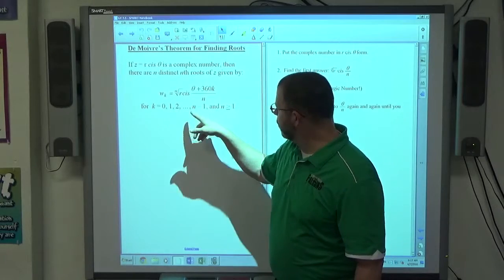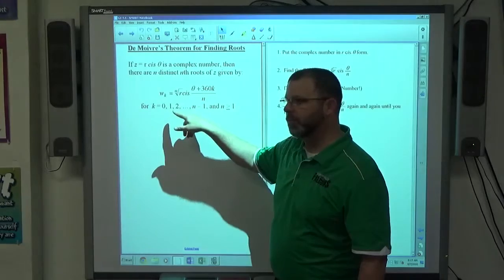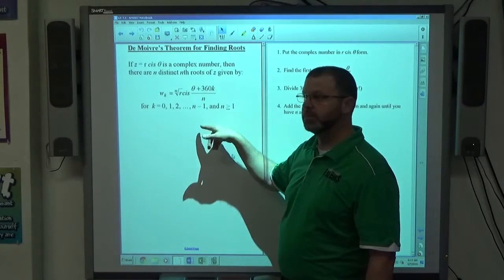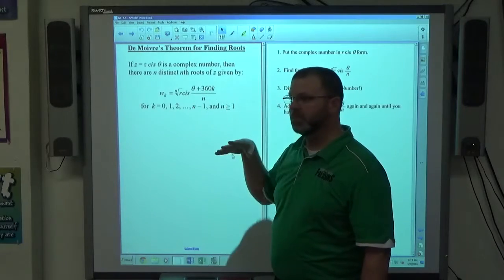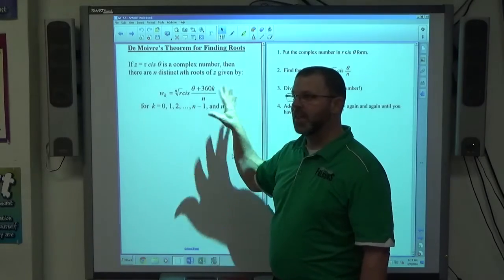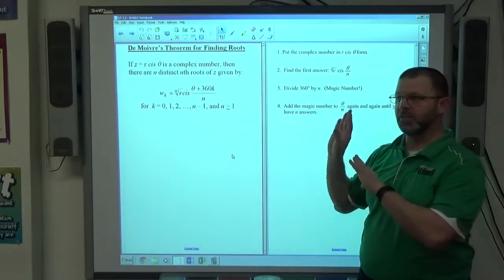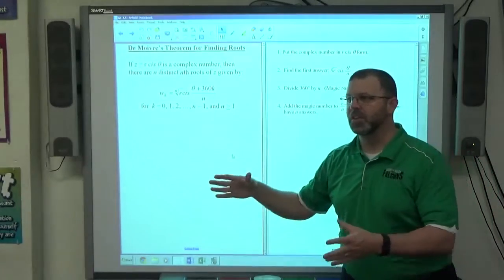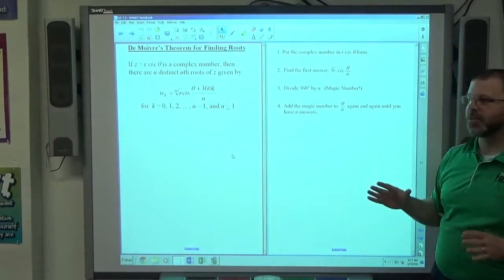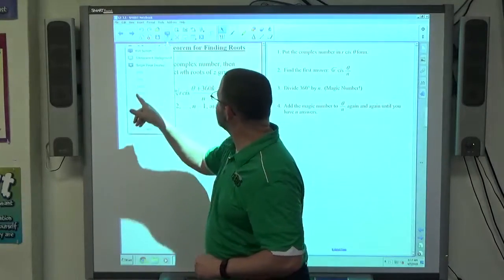Sixth root has 6 roots, square root has 2 roots, cube root has 3 roots, all right? And the roots are going to be roots of 0, 1, 2, 3, all the way to n minus 1, all right? This is the way you construct them, okay? And that's all nice mathy and legitimate, and it's for us mathematicians, we like stuff written like that. But I'm in Geo Trig and I'm a high school student, I don't want to be a mathematician necessarily, so we're going to look at instead